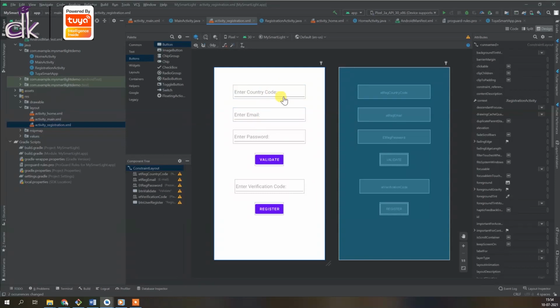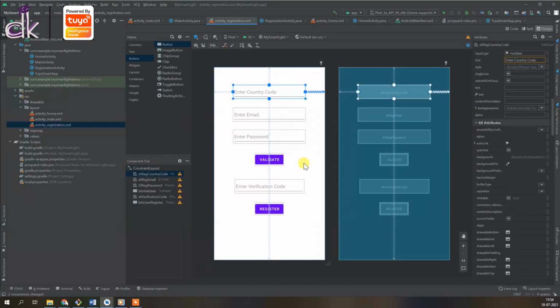Okay guys, so I have completed the layout. So what you need to do is add the 3 edit texts. So you can see here that I've added these 3 like we did in the login activity, and you can see the IDs that I've given.